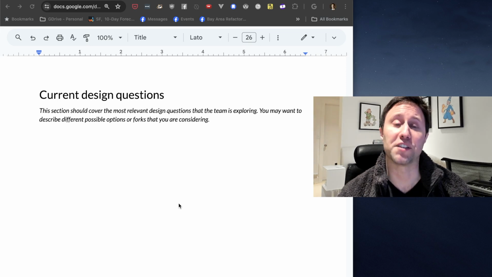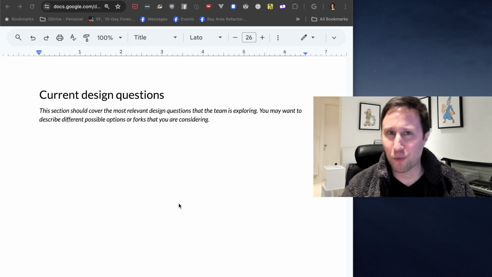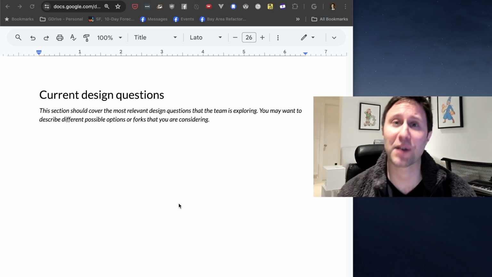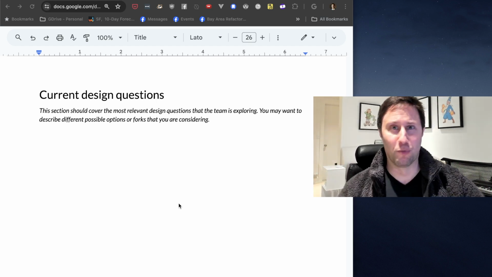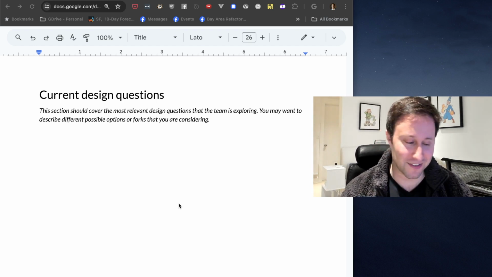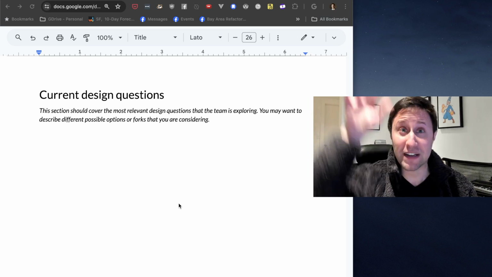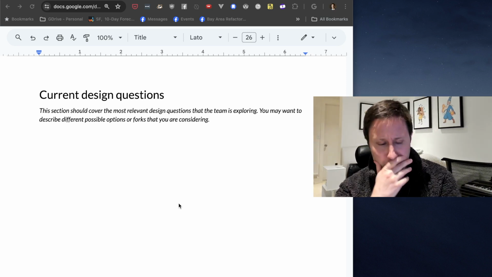This next section is current design questions. I find that usually throughout the process, at any given time, there's 1 to 3 big questions that you might be wrestling with. In the beginning, it might be, what's the format for this? Is this a full day thing or a 1 hour thing? Is it 50 people or 5 people per session? And so, you can write down those big forks, but it could also be something